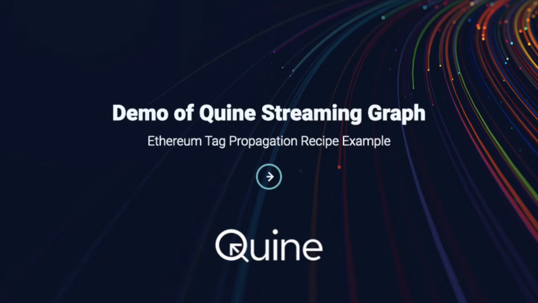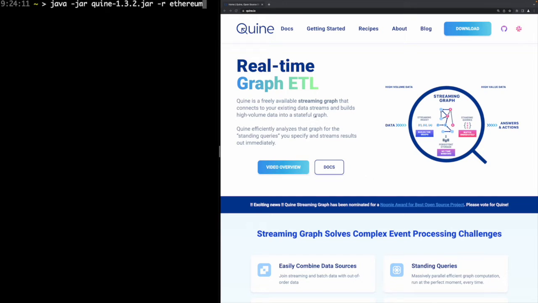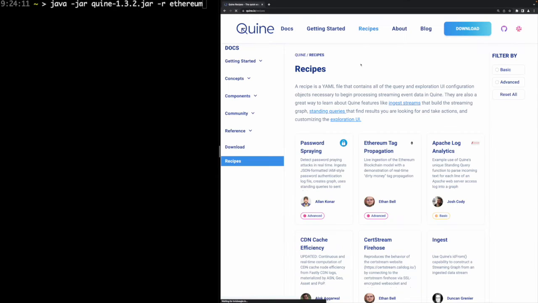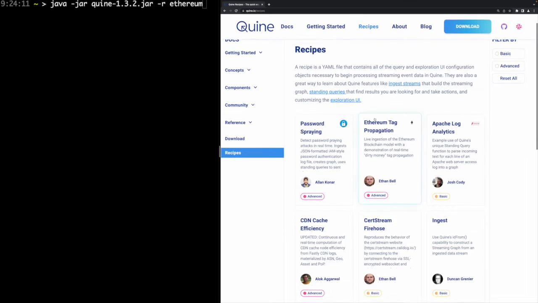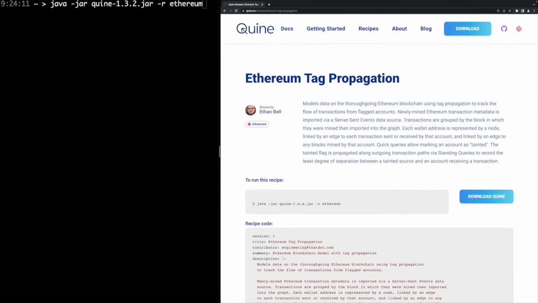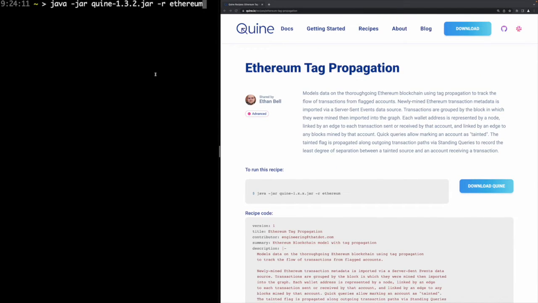Quine is the world's first streaming graph. It's available as an open source project from Quine.io, and in the recipes section you can see some easy ways to get started. In this Ethereum tag propagation demo, we'll start up Quine using the Ethereum recipe